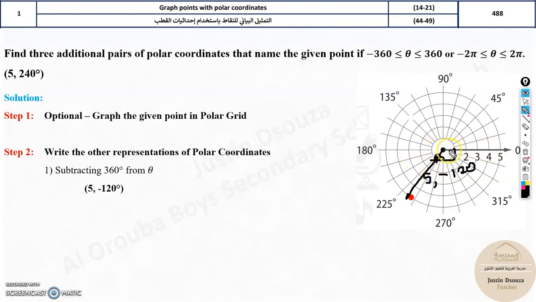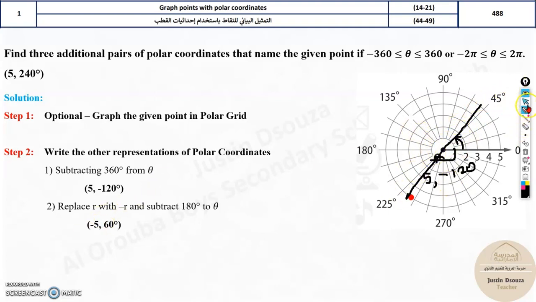Now extend this line. How do we get over here? It's 180 degrees. So now from here, negative 120, sorry, positive 240, if you subtract 180, you will get this angle. And then from here, if you give minus 5 radius, you will come to the same point. So here from here it is 60. Why? Because 240 minus 180 is 60. So if you do 60 degrees, you're going to get this line, but take minus 5,